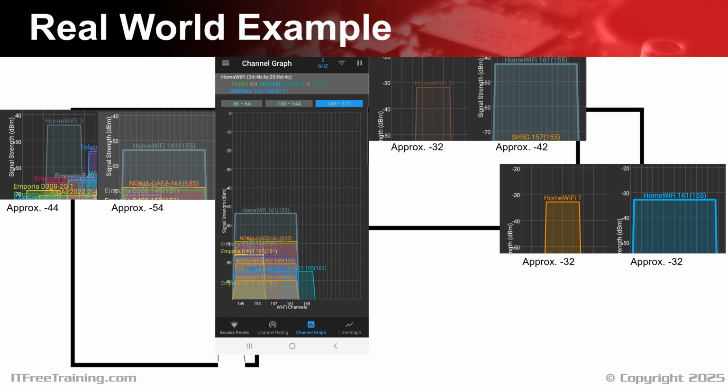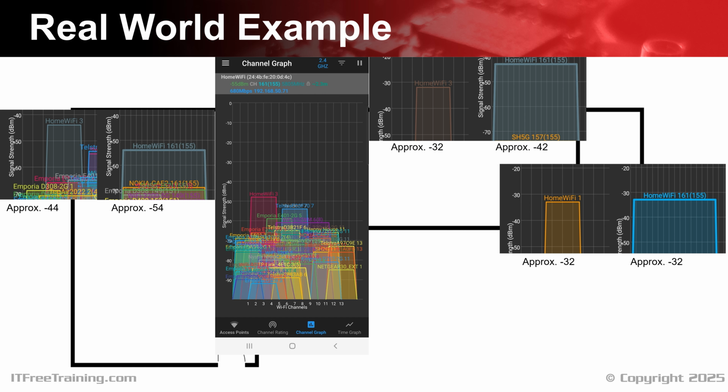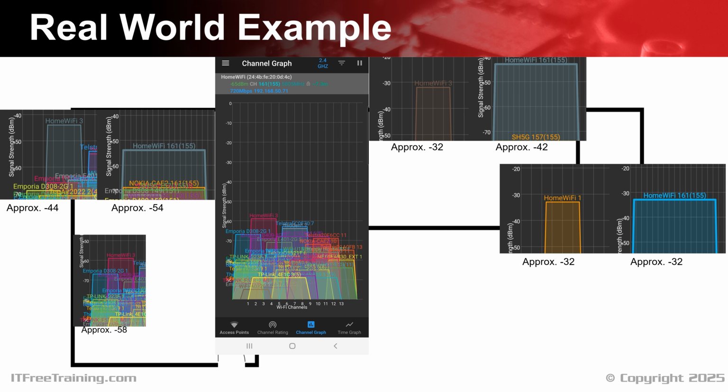I will now move to my final location and select the 2.4 GHz band. I have already allowed the reading to settle. You will notice that the signal strength is getting very close to the other Wi-Fi access points in this area. The signal strength is good to fair, but not excellent. Most likely the problem with the TV is not so much the signal strength, but the combination of signal strength and there being so many other Wi-Fi access points in this area. I will add it to the map.